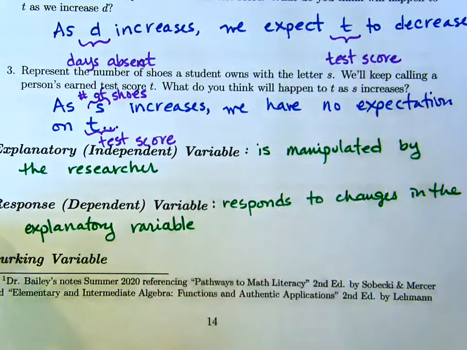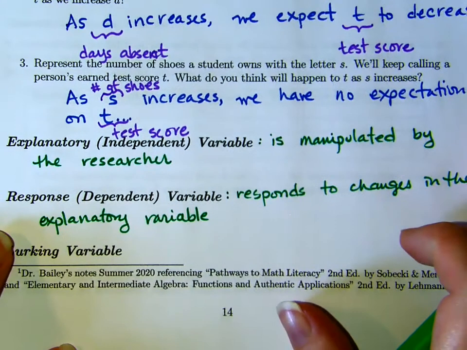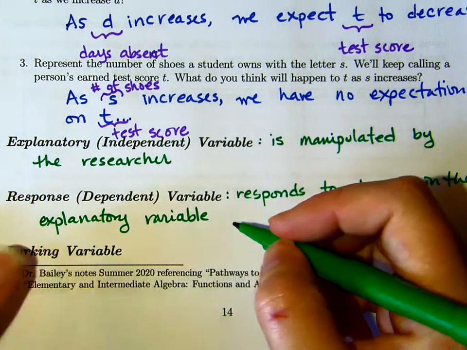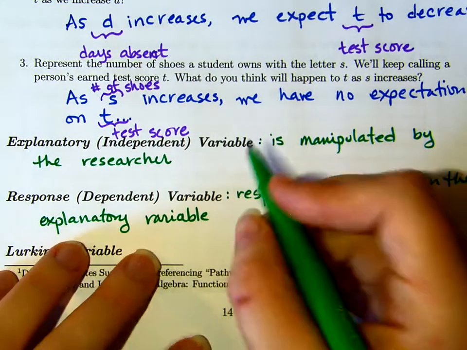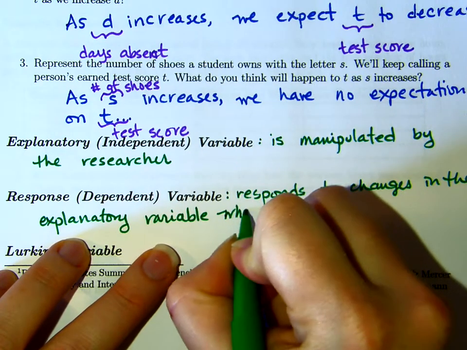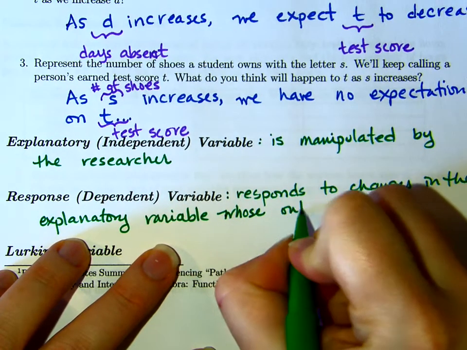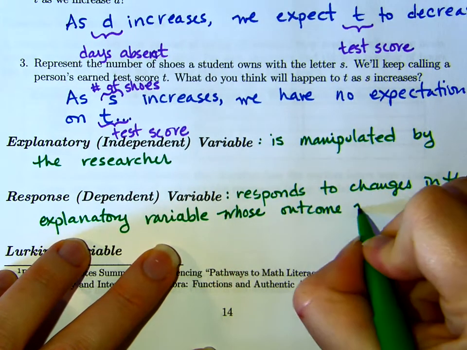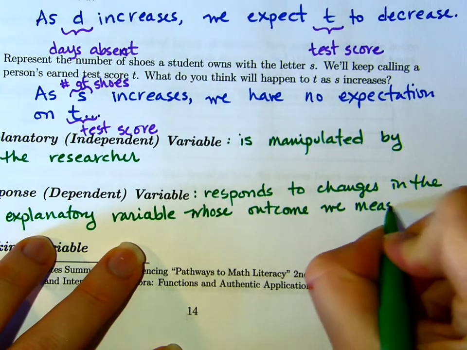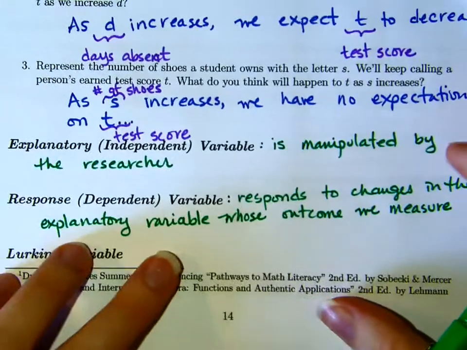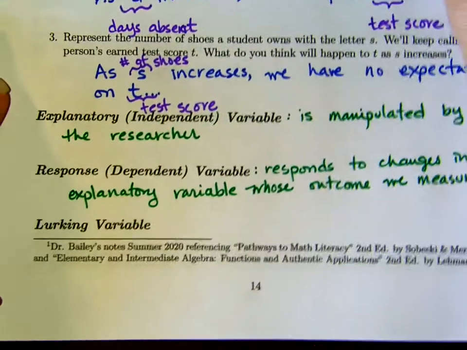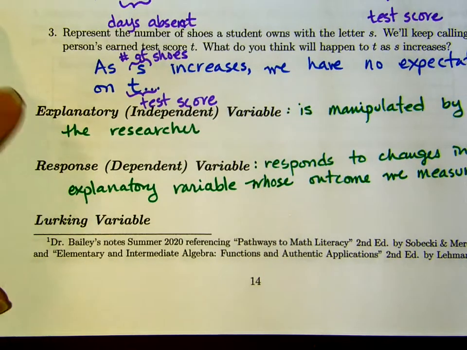If there is indeed a relationship between an explanatory and a response, and we measure the outcome, we track, we measure it, we write it, and then I have this other thing, which is a statistical term,